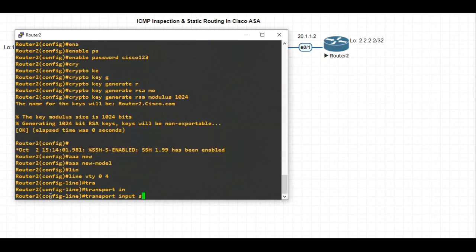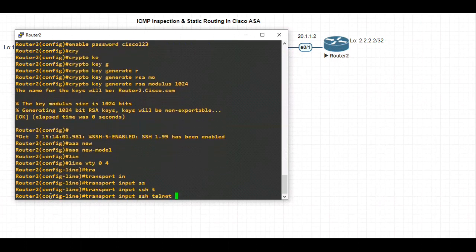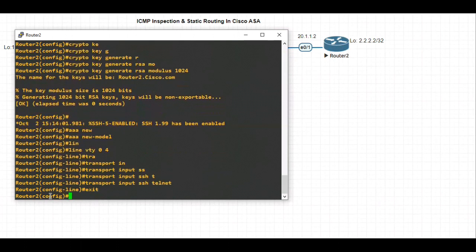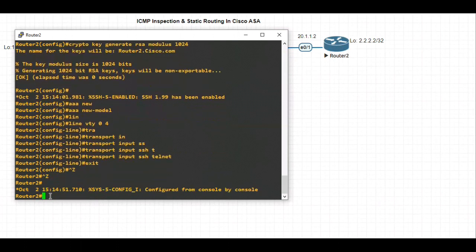Transport input SSH telnet. Okay, so we configured telnet. Let's say exit. Exit. Okay, so we're done with the configuration of telnet and SSH on router 2.